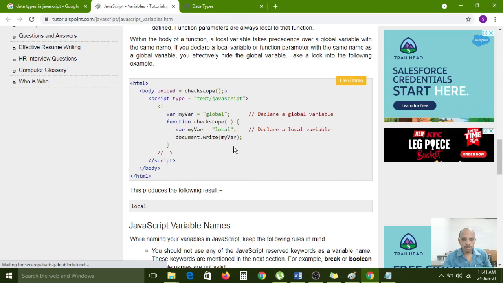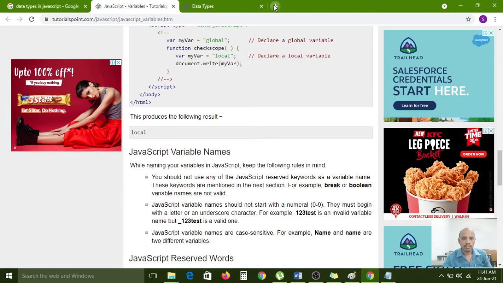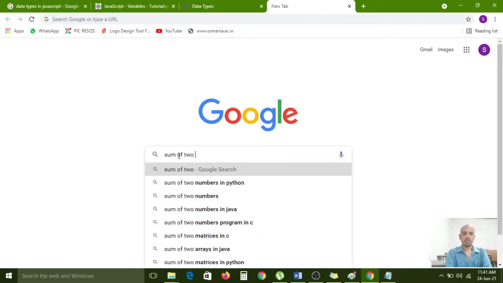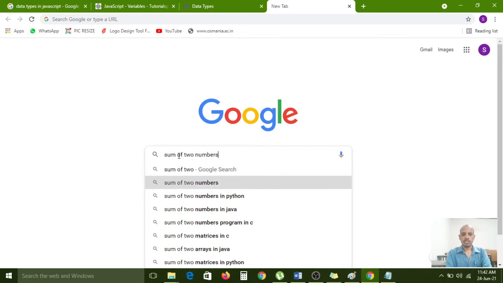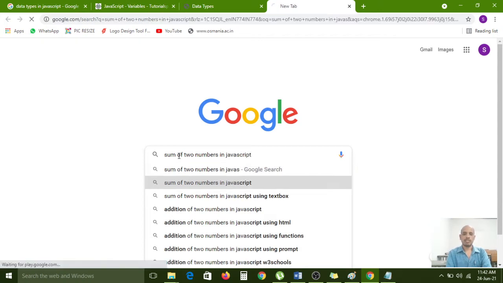My variable global, declare a local variable. Sum of two numbers in JavaScript.